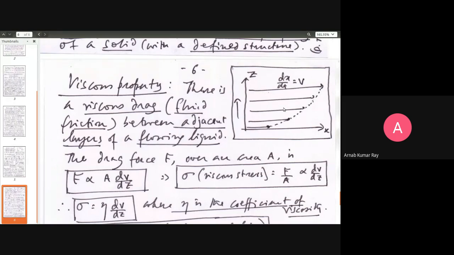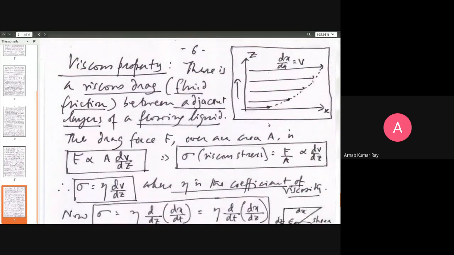So the friction is so strong that it will give rise to sparks. Here it is something similar, but this friction that we are talking about is to be qualified by the word fluid. It is fluid friction, viscous drag. So you have some sort of friction, fluid friction, between two adjacent layers. Now let us see what is the force.